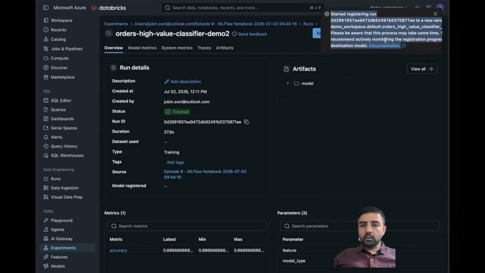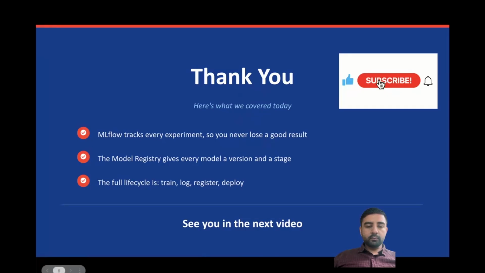registration on this ID, which is the same run ID. And please be aware this process may take some time. We recommend actively monitoring the registration process. Okay, so this is how we successfully registered a model. And now that's it for this demo. And